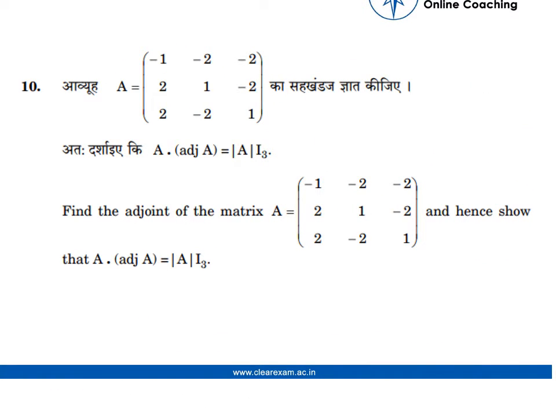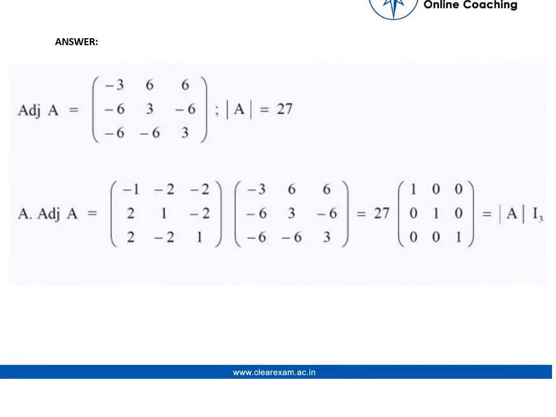Hello, in this question, find the adjoint of the given matrix and hence show that matrix A into adjoint of A is equal to mod of A into identity matrix. Here I3 suggests that the identity matrix is of order 3. So, matrix A, which is given as